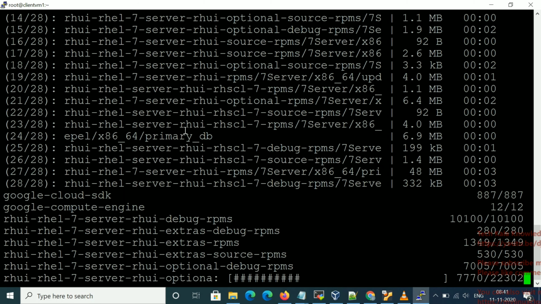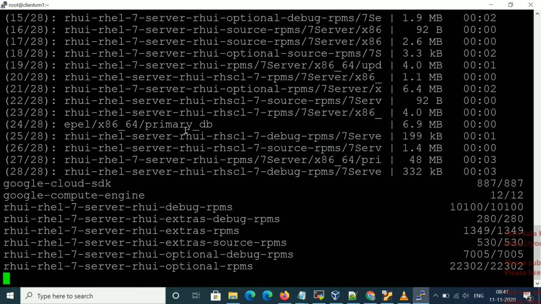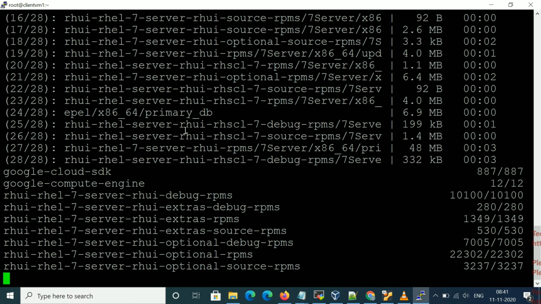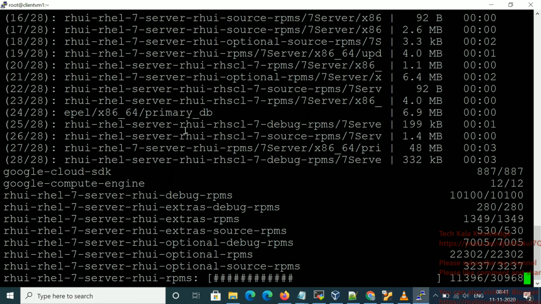You can also build a server in VMware. You set up your lab, install VMware, or else you can install VirtualBox on your system for learning purposes, and then download the ISO image for any Linux like CentOS or Red Hat.